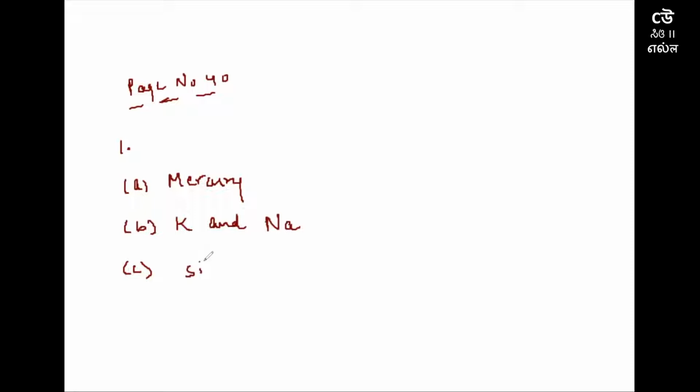Next question is, a metal that is the best conductor of heat, and the answer would be silver. Although copper is also a very good conductor of heat, if we have to choose between these two, we'll say silver is the best conductor of heat, but we prefer using copper because it's cheaper and easily available. Although silver is also easily available, if we compare which one is costly and which one is cheaper, the answer would be copper is cheaper.